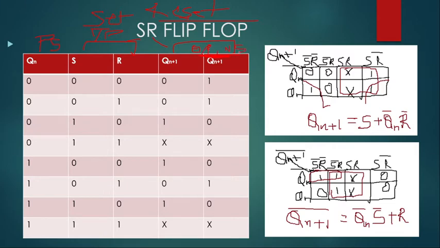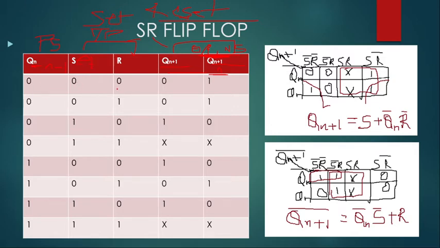So how do you differentiate between present state and next state? You can see here suffix n. If it is present state, then n plus 1 will be the next state. If suppose n minus 1 is there in the present state, then n will be your next state. So accordingly you can give any input and output and the present state and the next state. So here S means set and R means reset. So let us check the truth table once.